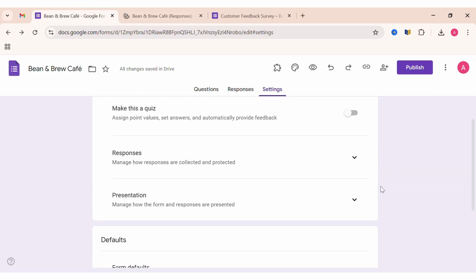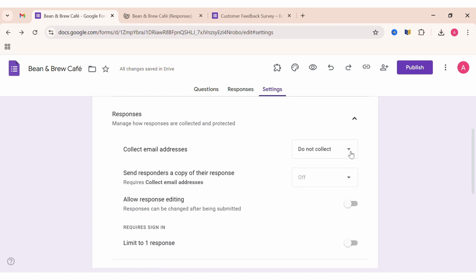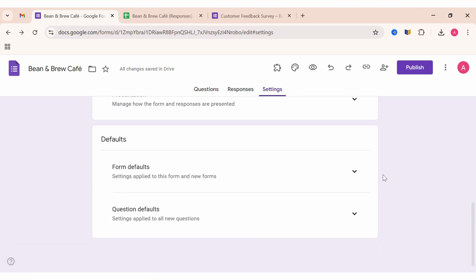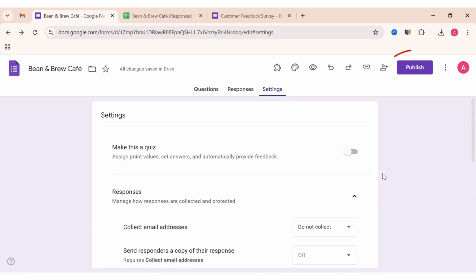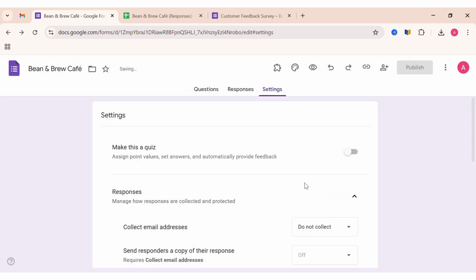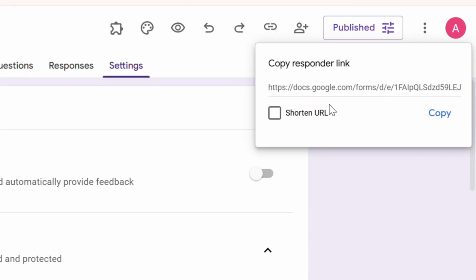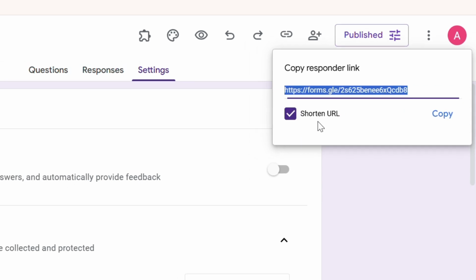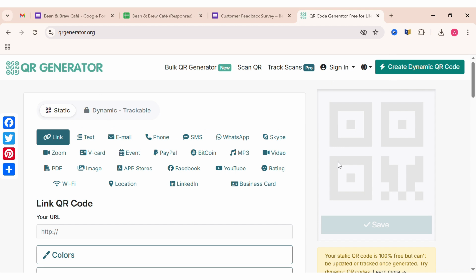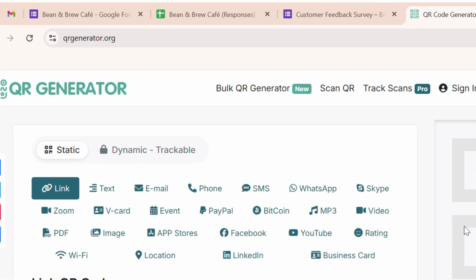Next, click settings. Here, you can adjust the settings as per your needs. Once done, you click here on the publish button. Next, now you can shorten this URL and copy it. Next, to generate a QR code for survey form, visit the following site,